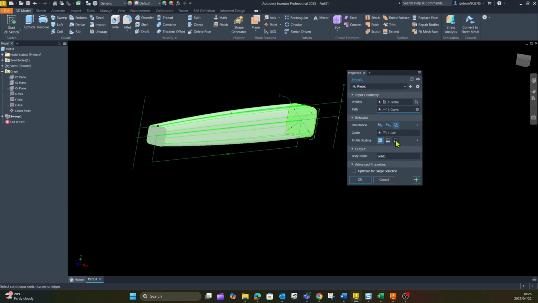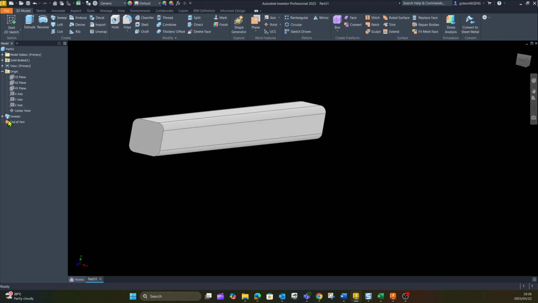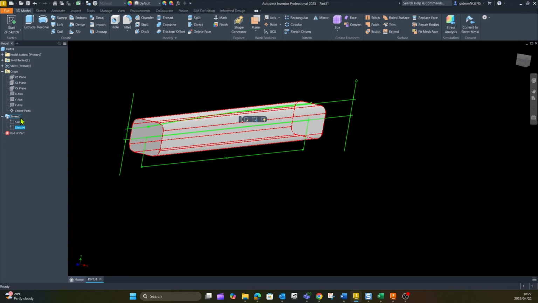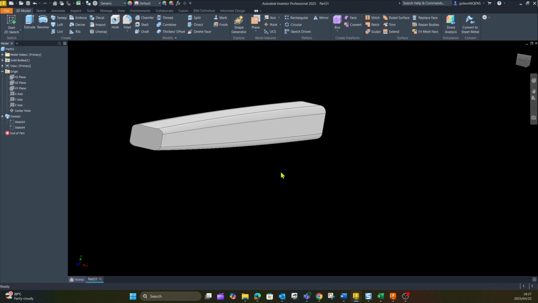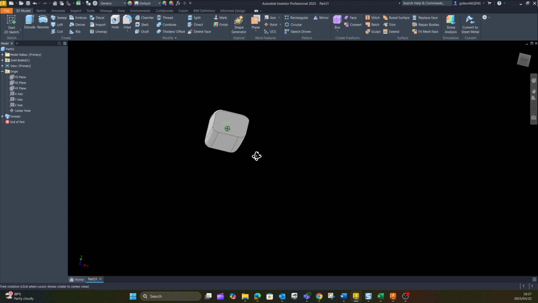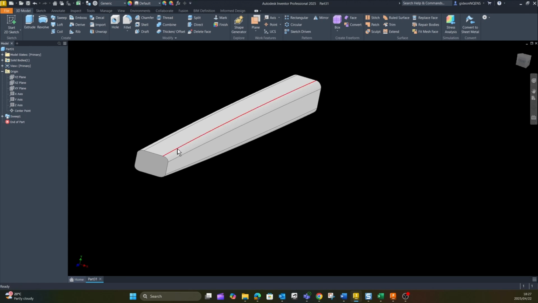You can choose to have no scaling. With no scaling, that specific path or guide rail that I created actually falls away. So it would be pointless to create that geometry when you're not following a path or a guide. And then lastly, you've got your X scaling that will follow your X axis, and there we've got it following the X axis. As you can see, both the sides are flat and the top and bottom both are following that specific guide